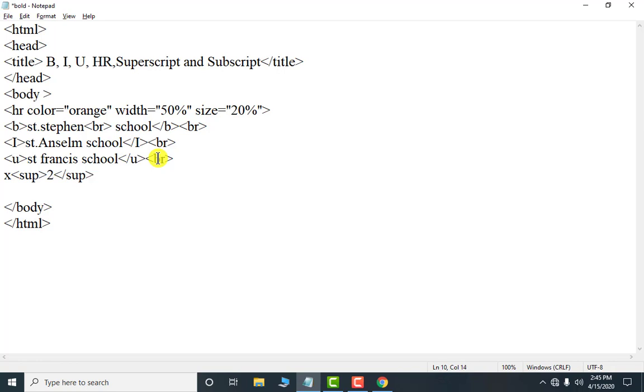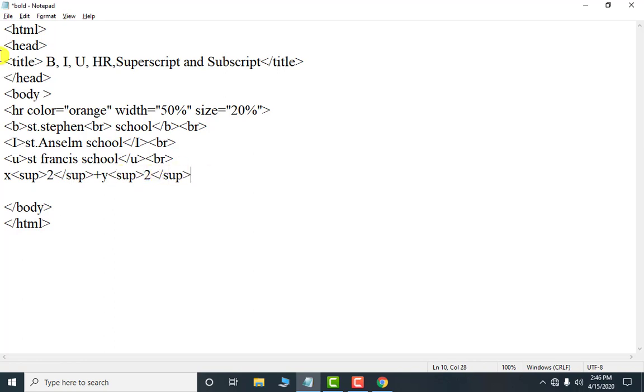Then plus sign, y square, again SUP, 2, SUP close. Look, I have to apply 2 as a power, that's why I have written it in between SUP. SUP starting, then 2, SUP closing. Here also SUP starting, 2, SUP closing.